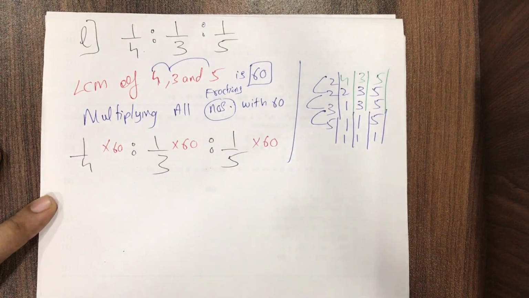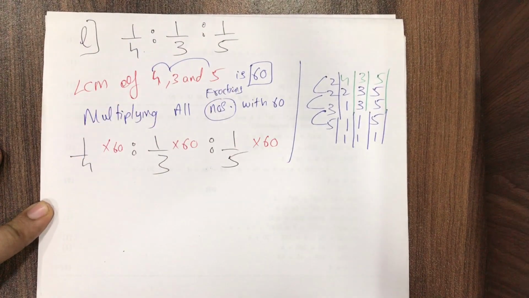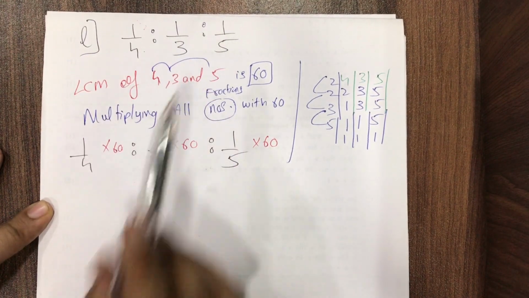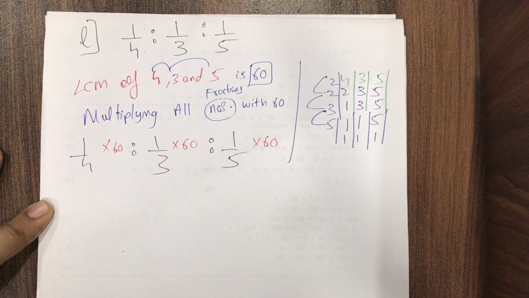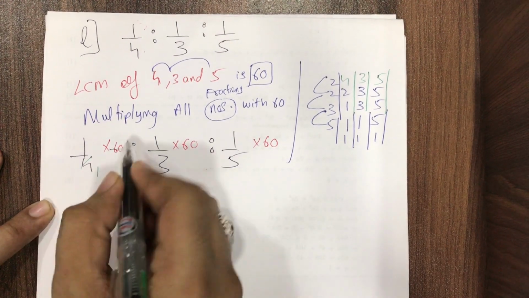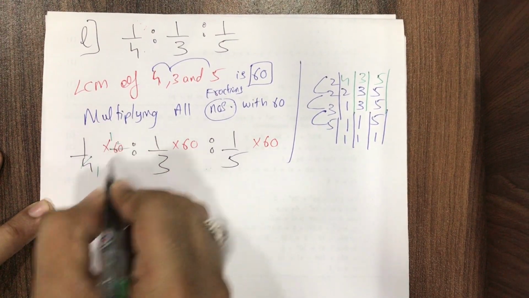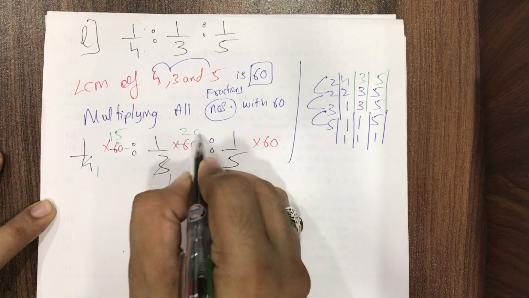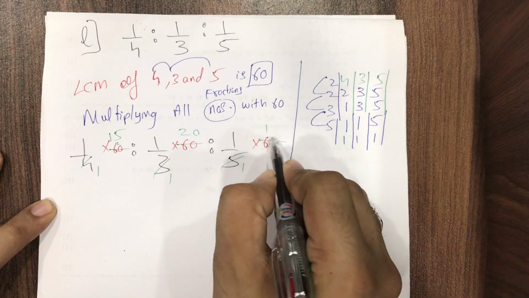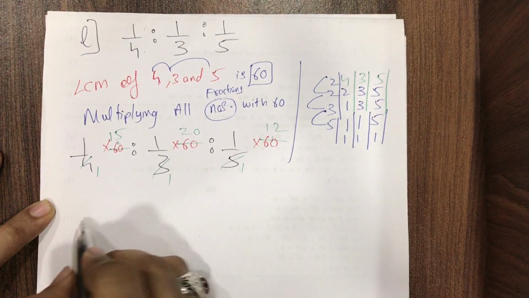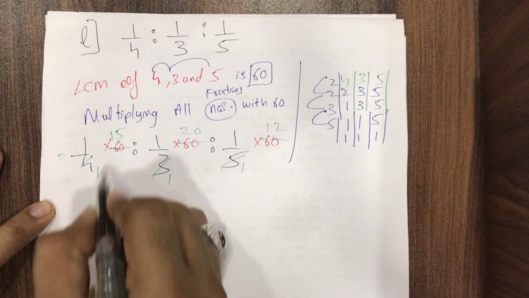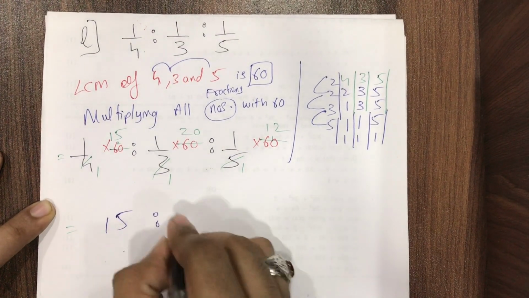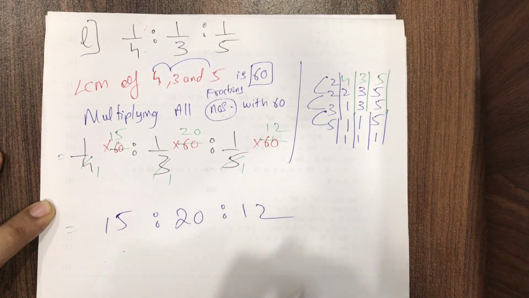Why? Is 60 a magical number? No, 60 is the LCM of the denominators. Even if we have numerators, we don't care about numerators. We will just see the denominators. It's 60 over here. Okay, let's do it now. 4 1s is 4, it's 60, carry 2, it becomes 20. 4 5s is 20. 3 1s are 3, 3 2s are 6 and 0. 5 1s are 5, carry 1, 5 2s are 10. So we are left with 15 ratio to 20 ratio to 12.